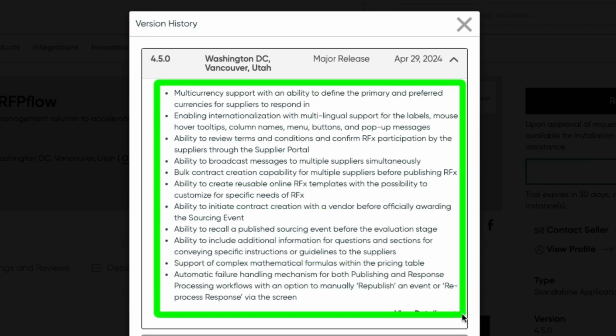And in this version, multi-currency support with an ability to define the primary and preferred currencies for suppliers to respond in, enabling internationalization with multilingual support for the labels, mouse hover tooltips, column names, menu, buttons, and pop-up messages, ability to review terms and conditions and confirm RFX participation by the suppliers through the supplier portal, ability to broadcast messages to multiple suppliers simultaneously, bulk contract creation capability for multiple suppliers before publishing RFX,